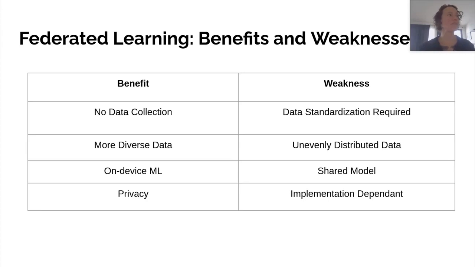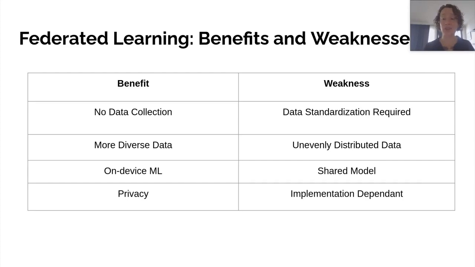So let's think about the benefits and weaknesses of federated learning. One big benefit is that there's no centralized data collection. So I don't have to send and centralize the data all in one place. Instead, the data remains on the device, and I can use federated learning to get small updates to send to the aggregators. A weakness of this is that the data must be standardized on the device. So remember when we had traditional machine learning, we had a large pipeline. We could change and clean and segregate data in different ways.